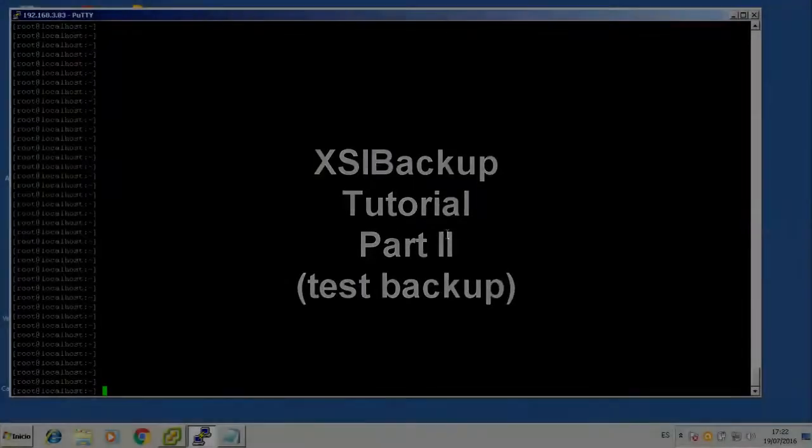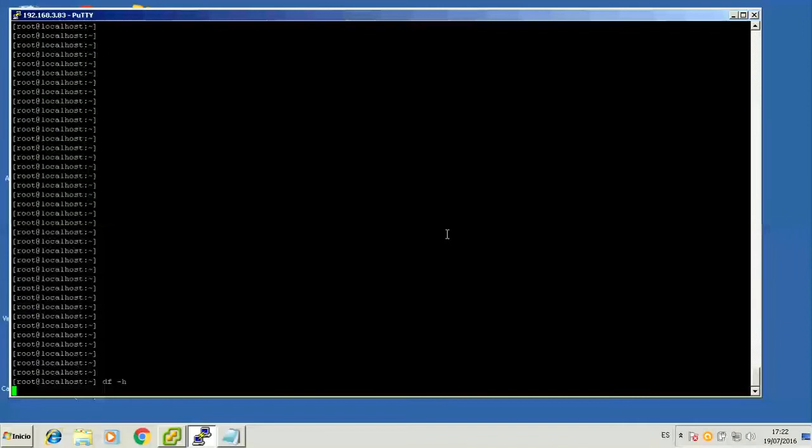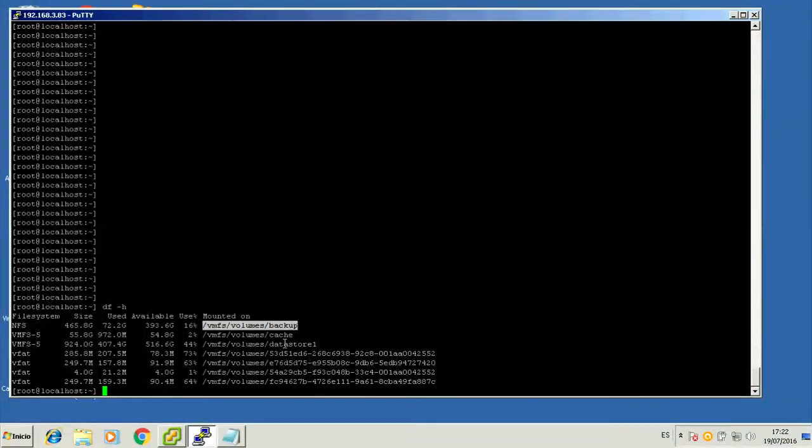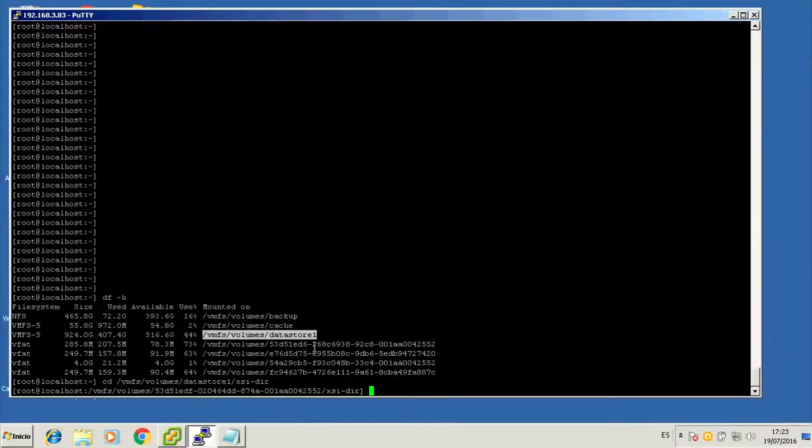Hello again. In the previous video we saw how to install XSIBackup to a fresh install of ESXi version 6. Today we'll see how we can accomplish our first backup. This will be a fake backup, and the only reason to do this will be to test the email sending capabilities of XSIBackup so that we can be sure every time a backup is done we receive a report by email. I simply ran a df -h command that will output a list of the available data stores in our ESXi